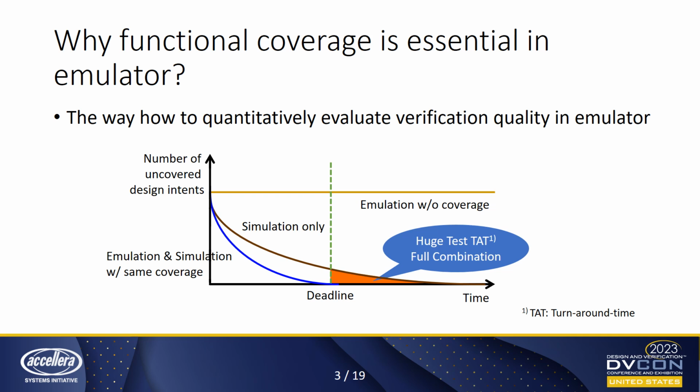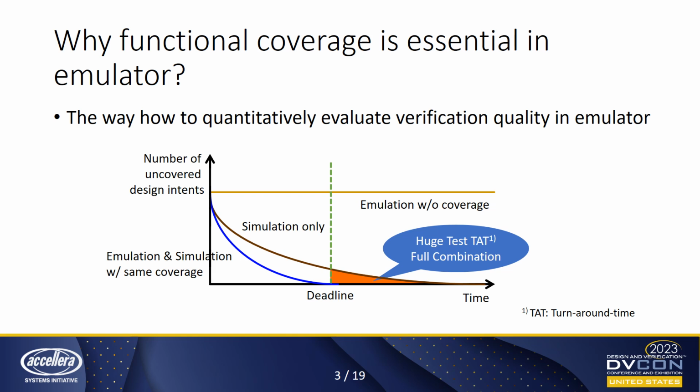However, it is hard to know whether the emulation really touches the design intent when we use randomly generated test vectors. So even though we ran the emulation until the end of the project or later, it is always possible to miss some corner cases.